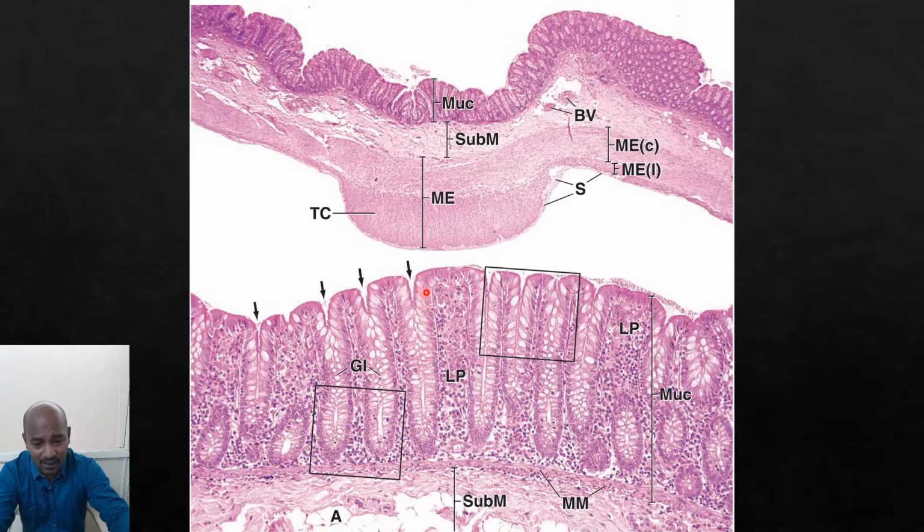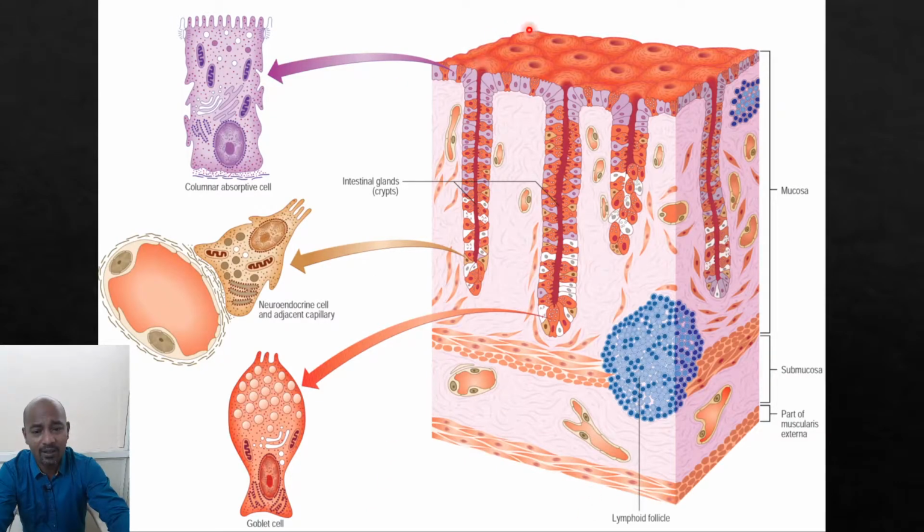Okay, so this is the intestinal epithelium, and these are the crypts, and you have the muscularis mucosa here, then the submucosa. This is slightly higher magnification. This upper part is a lower magnification. And this is a schematic. You can see this is the luminal surface of the intestine, and you can see this is the bottom of the crypt. You can find goblet cells and neuroendocrine cells near the bottom. Then there are stem cells, and there are absorptive cells, which are the principal type of cells, and you will also find some lymphoid follicles.